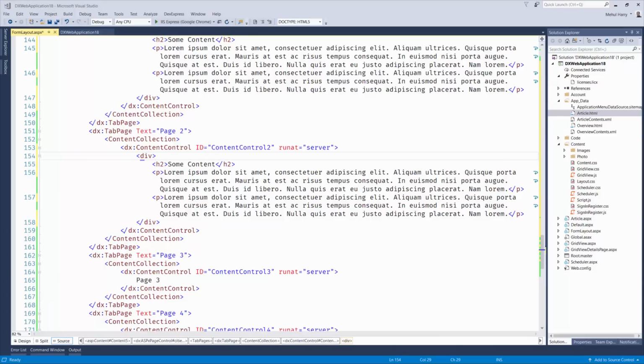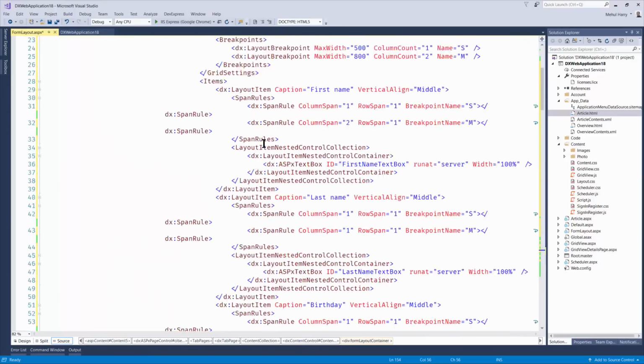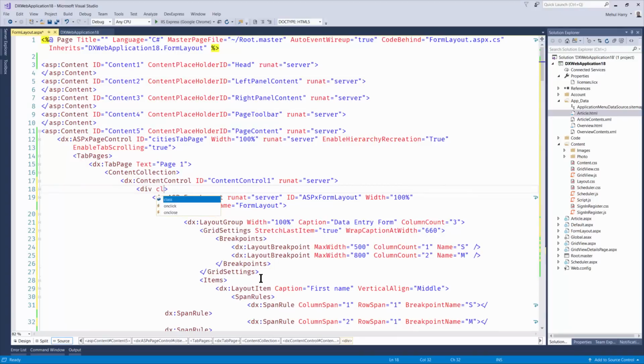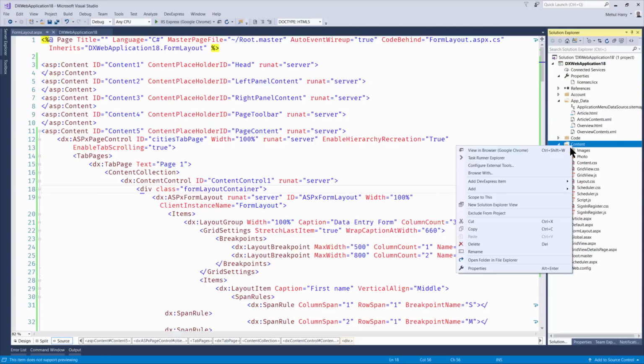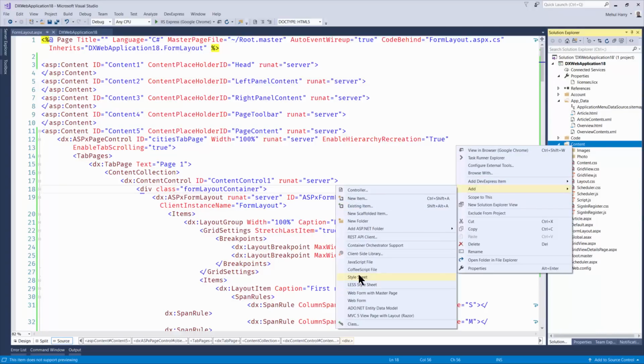So to really set this up properly, what we want to do is set up a class that we can refer to in our CSS. So I'm going to say that this is the form layout container. Actually, it's good to have the first letter be lowercase. And so I'll call this the formLayoutContainer class, and we should do this with our div here as well. And then what I can do is create a CSS file that we can reference this form layout container. Okay, so I'll come into the content folder, right click, say add, and say style sheet,